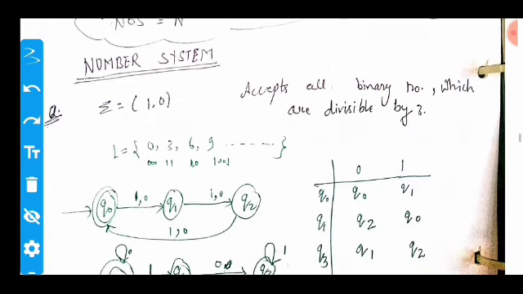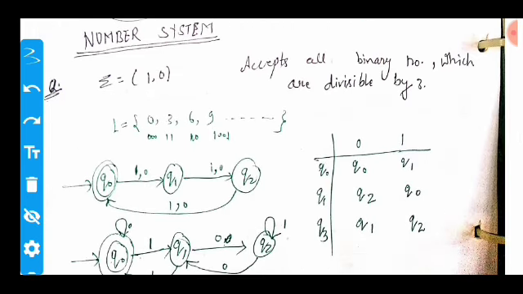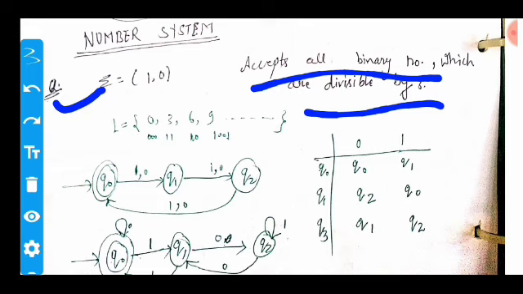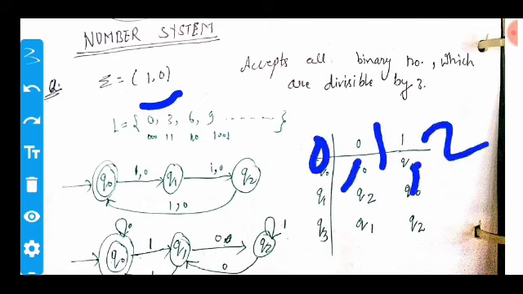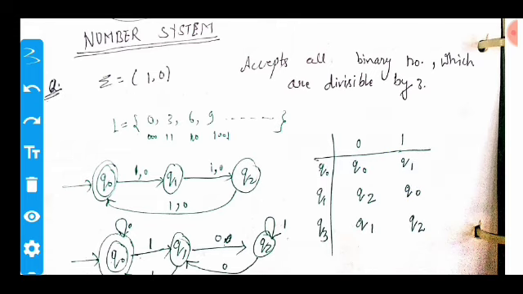So here are various problems related to number type systems regarding DFA and NFA. The first one: your input symbols are 1 and 0, and accept all the binary numbers which are divisible by 6, meaning 3. So we say that it is divisible by 3. So the remainder will be 0, 1 and 2, not greater than 2. So here we draw our DFA.